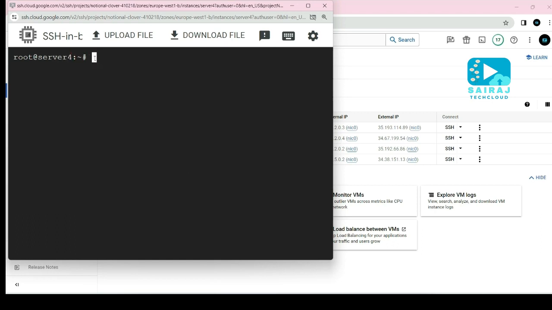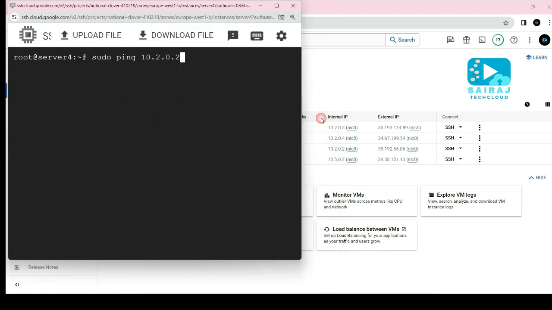I'll ping 10.2.0.2, this is the internal IP. Just let me show you. Then press enter and wait a couple of seconds.